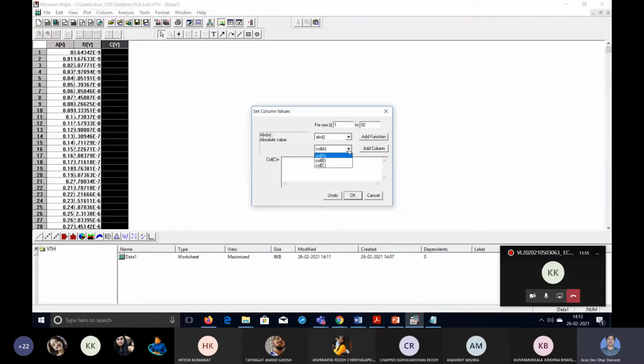So first you add column B. Suppose column B you have chosen from here, then add column, then you select this column, and what operation you want to do on column B. From the operations, some mathematical operations are available, so we want to make square root. So if we come down, then square root can be seen somewhere. We will see square root.